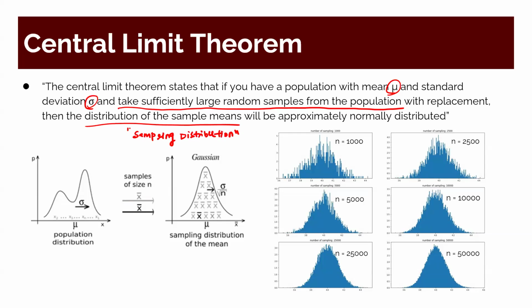will be approximately normally distributed. So imagine this is all the different values of height. Imagine x represents height here with some population mean mu and some sigma, and you take a bunch of samples, and this sampling distribution of x bar will be a normal distribution, centered at mu with a standard deviation of sigma over square root of n.